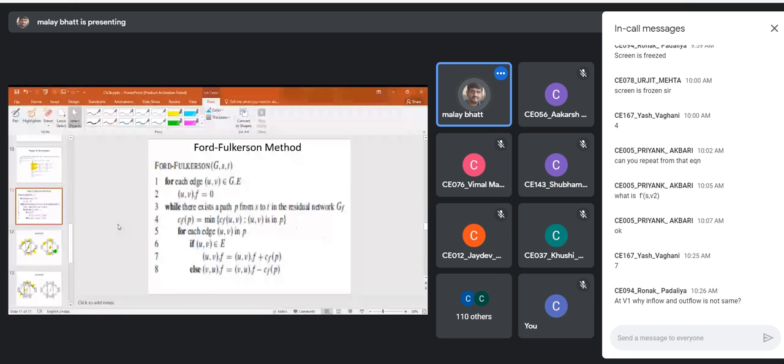It will decrease the flow. So it will increase the capacity. It is clear, because you are considering the reverse edge. Reverse edge means you are sending the flow back. So as you are sending the flow back because of the reverse edge which is in the path, it will increase the capacity of the original edge. Is it clear? That's why this else part is there.